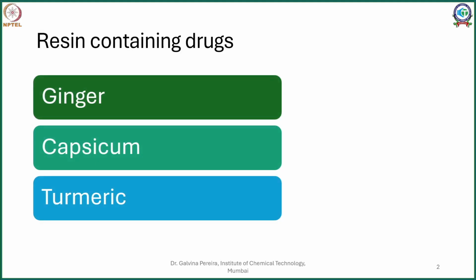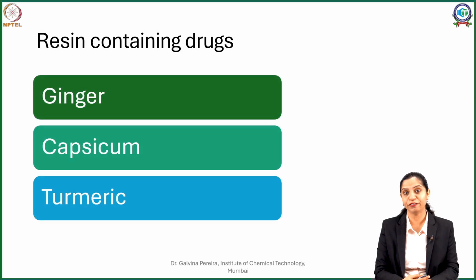In this particular session, we will be delving into a more interesting set of resinous compounds. The resins we discuss in this session are the ones that we consume on a day-to-day basis. So the three oleoresins we are going to discuss today are ginger, turmeric and chilies. Ginger, turmeric, capsicum or chilies, what they have in common is, as compared to the previous ones,